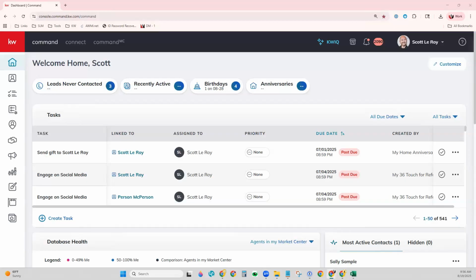Today, I'd like to show you how you can reformat a custom spreadsheet in order to import it into Command. A custom spreadsheet just means it's one where you've decided what columns and what information is on your spreadsheet. There is some formatting to make sure that it imports into the fields for Command correctly, and I'm going to